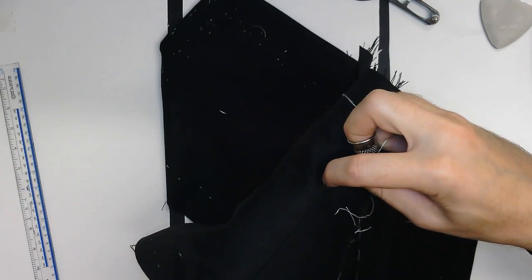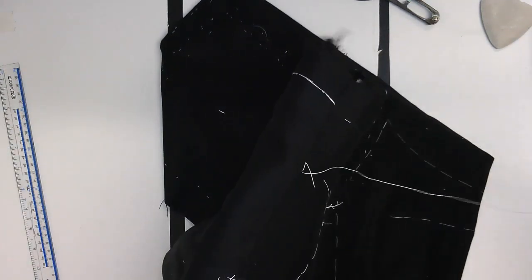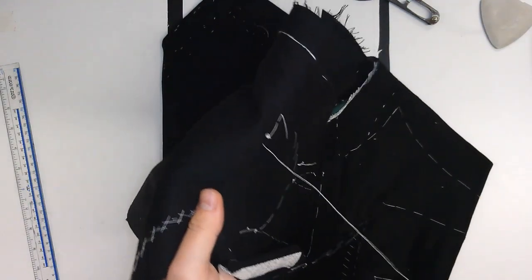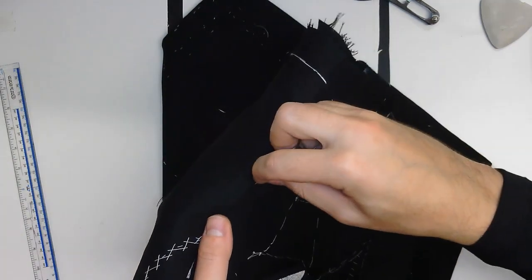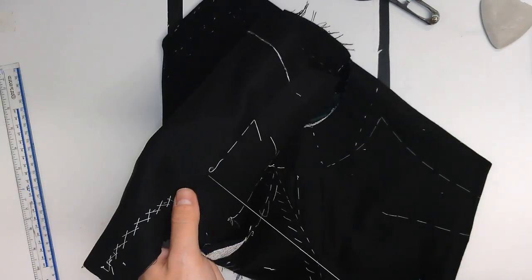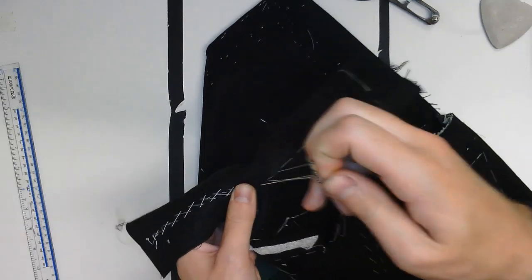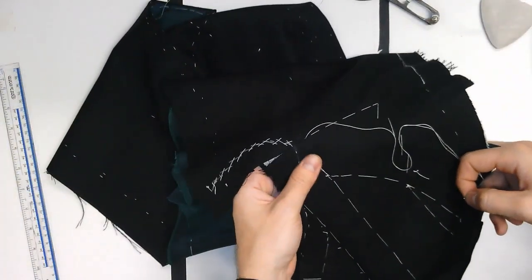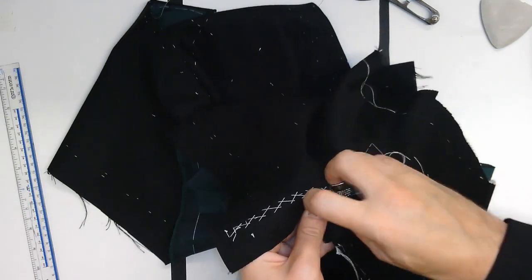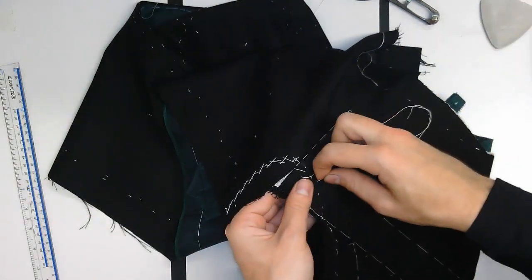Once I get to my shoulder seam, I come into it, back tack, and then come down that seam there, again making sure that I'm getting all of the length out of those spaces. Come in to my neck point here, ensuring everything is nicely eased out. So with my thumb I'm pushing ever so lightly, like so, and as we get into the end of the neck point I back tack, and I'm going to pad stitch firmly in place my neck point, like so,